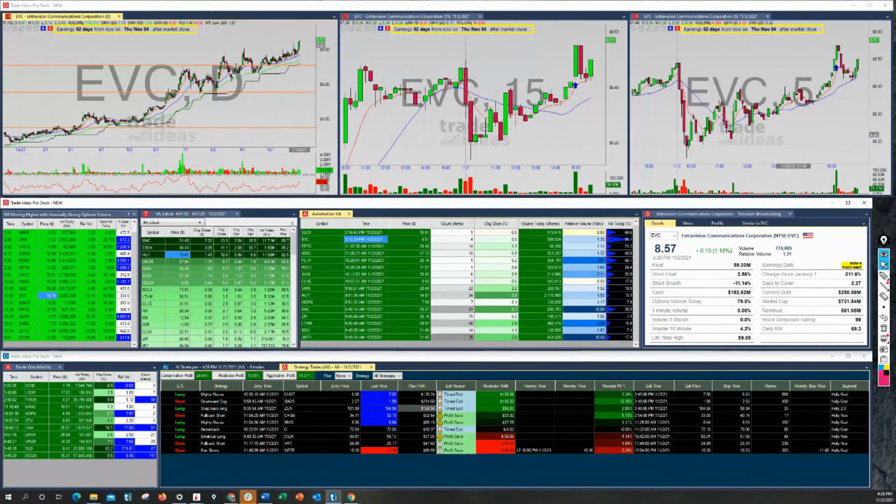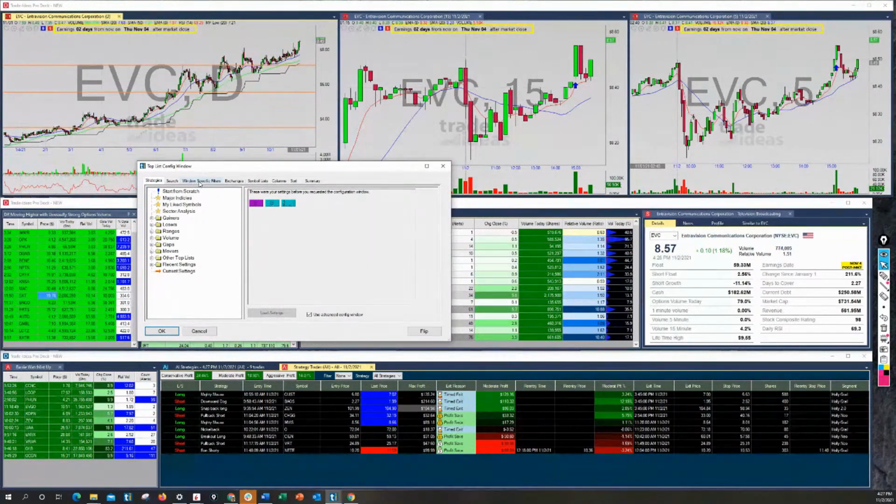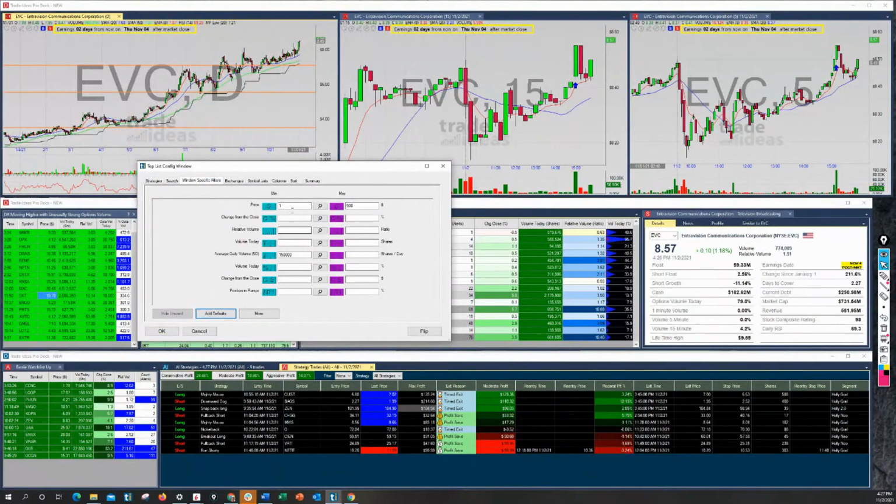My strategy is swing growth stocks where the 10-day moving average breaks above the 20 EMA. We don't have EMAs as a data point for scanning. So, we run into that situation right there. But what I would point you to is, let's do a top list instead. So if we were to go new and a top list, and we bring over the top list. All right, window specific filter. Let's clean this up because it's going to come with pre-filled stuff based on things that I've been using or that are popular. Let's get rid of that so we're starting fresh.